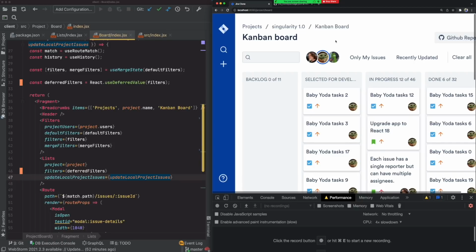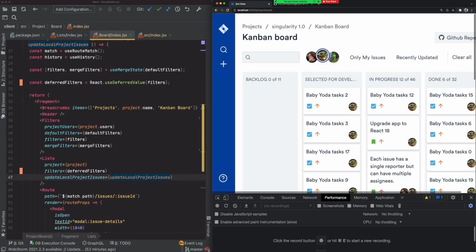Now, one thing you may be thinking of is how about if we use debouncing for the click event, for this filter event? One thing to note is that debouncing happens every time, but useDeferredValue only happens when there's a slow computer. So if your computer is fast, which we saw when we did not enable throttling, useDeferredValue would not kick in, but it only kicks in when the computer is slow. And that's why useDeferredValue can be more useful for situations like this.